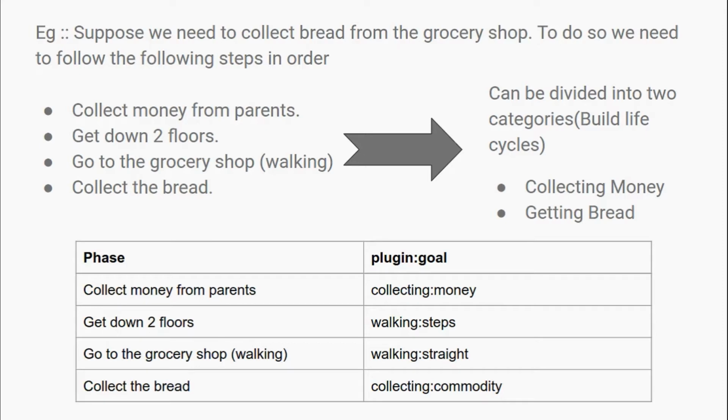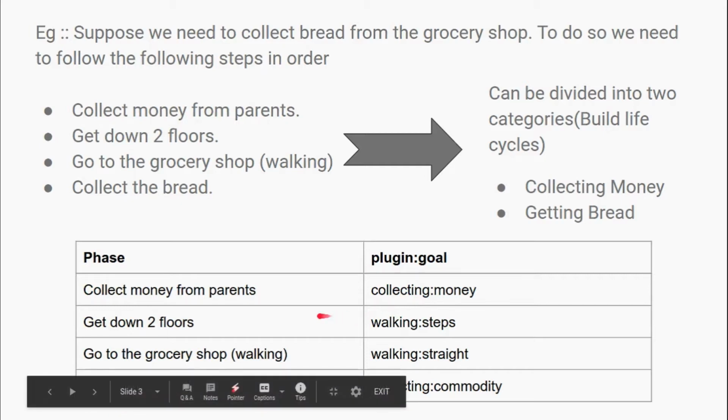So we can say that the type of task is collecting. And to define a behavior for this particular plugin, we can say what is that specific thing that we are collecting, and that is money from our parents. So the plugin goal combination can be collecting colon money.